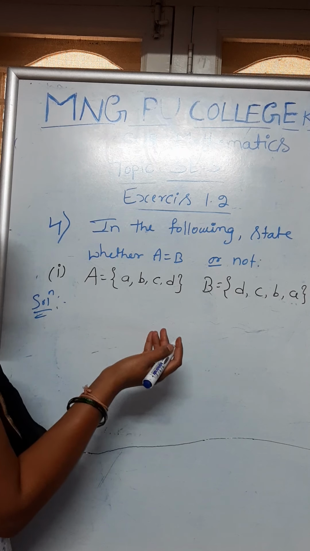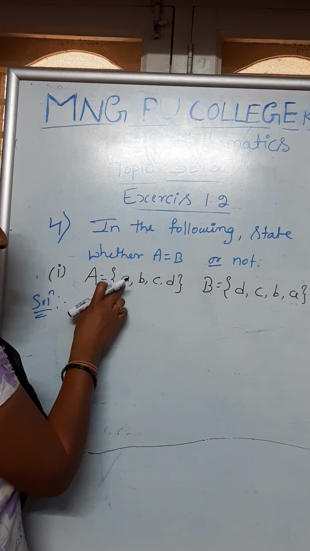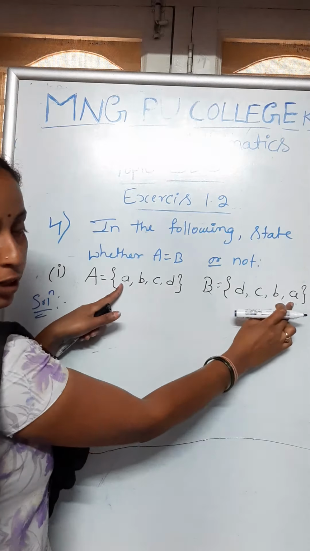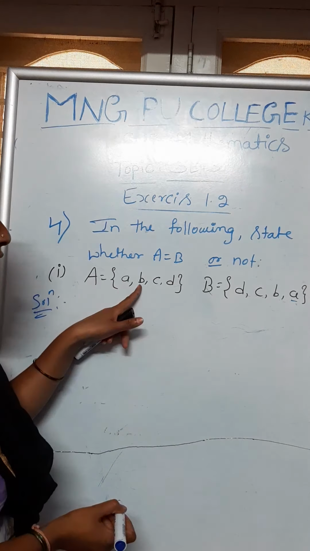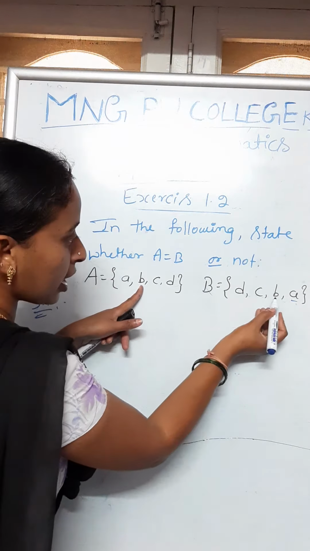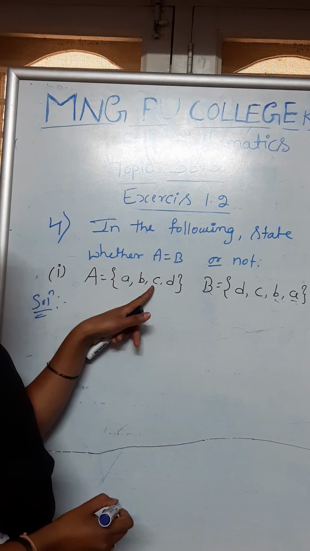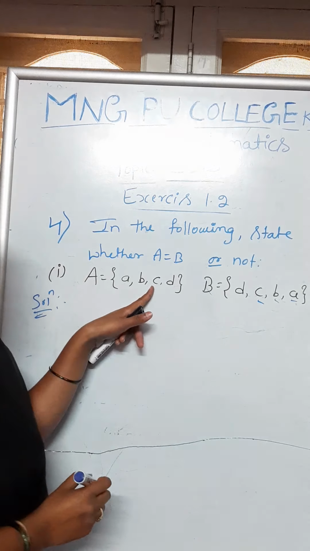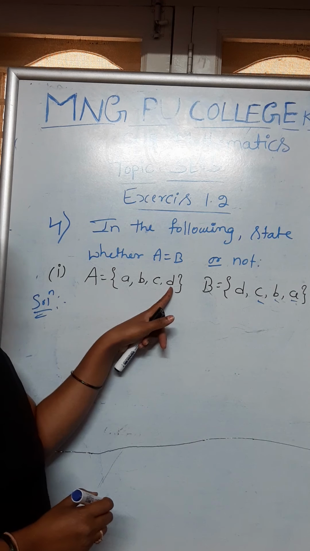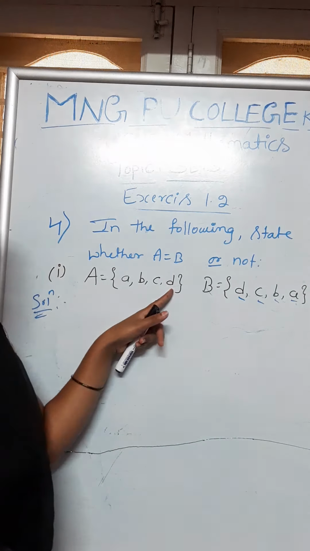By saying only that, we say so. So here, set A, set B. A is there, no? Here. And B, in the set B also B is there. And the next element is C. C is also there. The next element is D. D is also there. Means